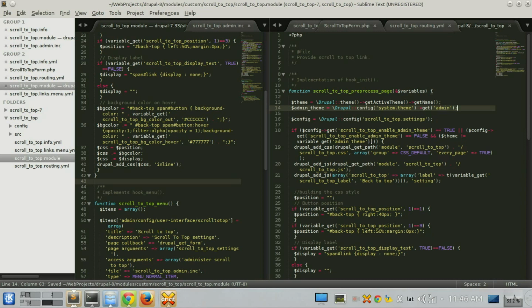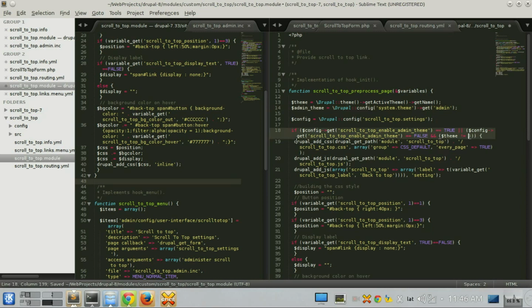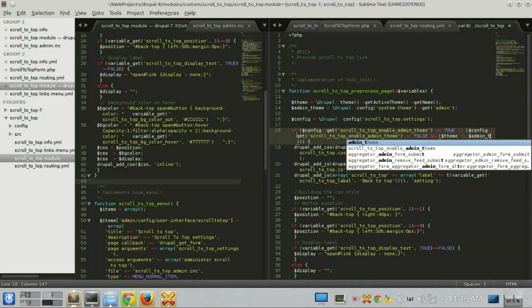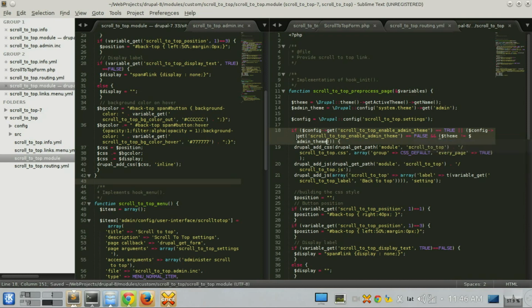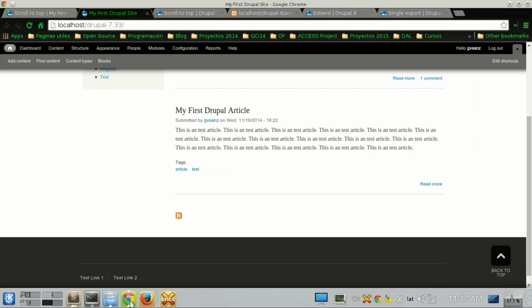I'm gonna compare that here, admin theme, and now